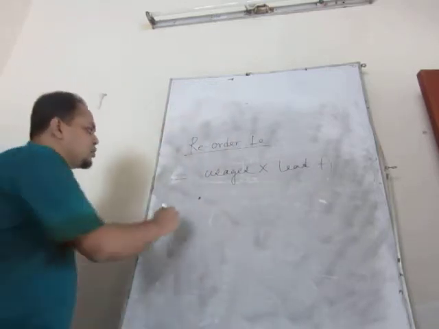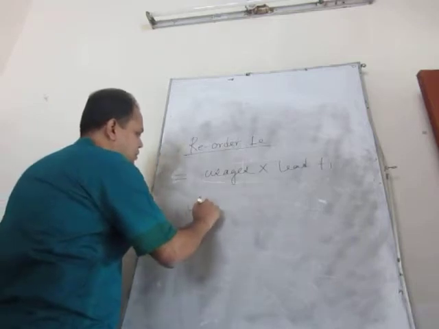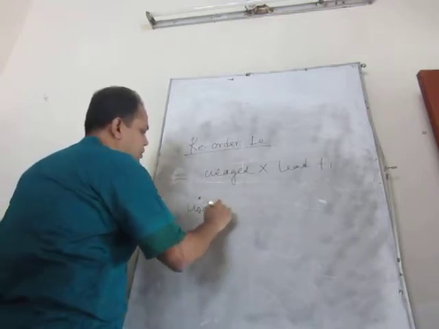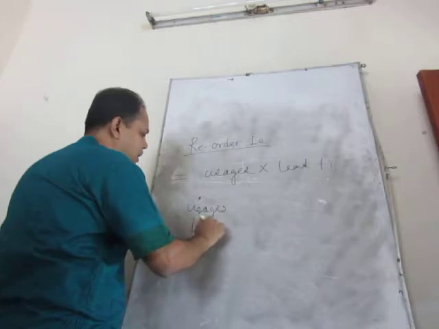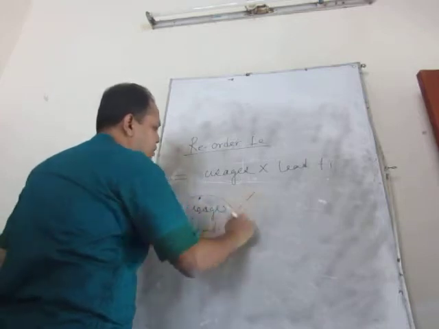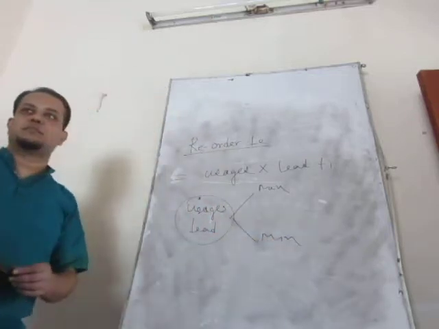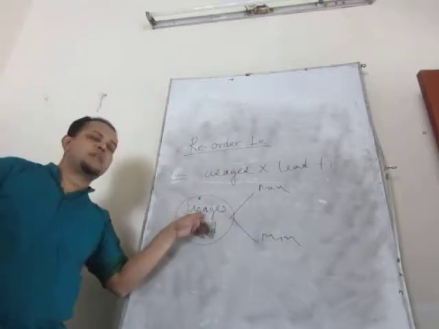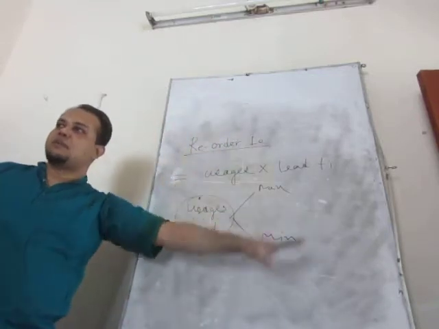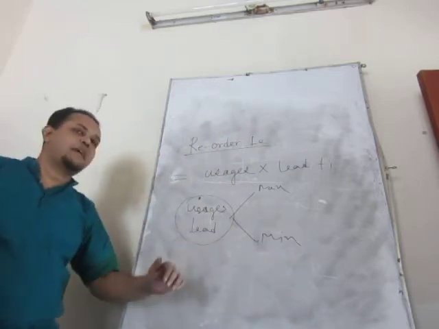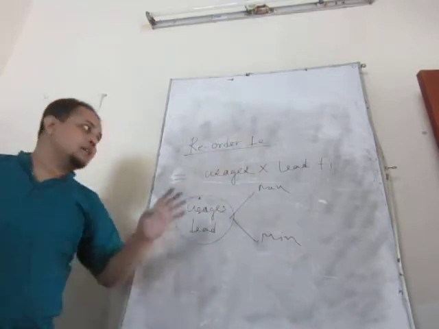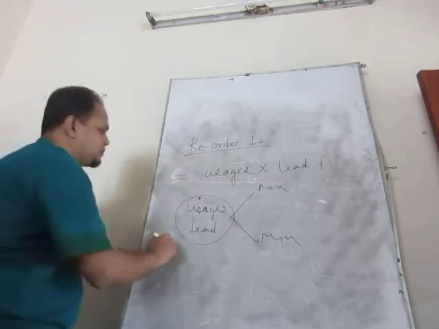You may be provided uses and lead time, both max and min. Your machine capacity maximum uses is there, minimum uses is there. Lead time, maximum lead time, minimum lead time. In that case, the reorder level will be